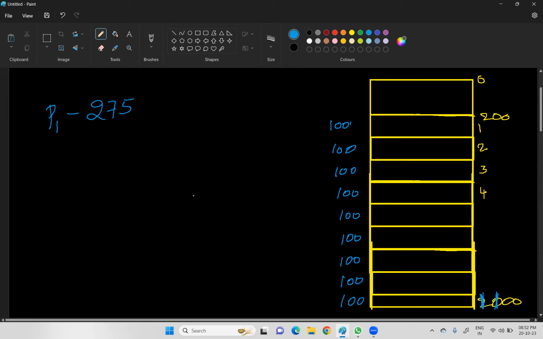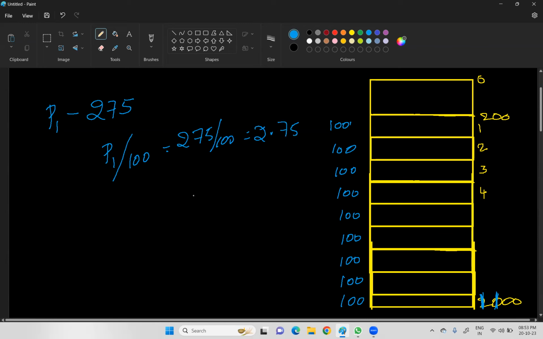How many frames are required? So the size of process one divided by 100, that is 275 divided by 100, will be equal to